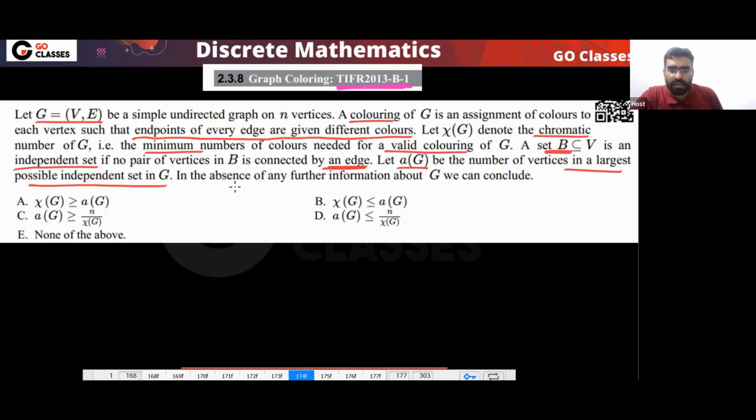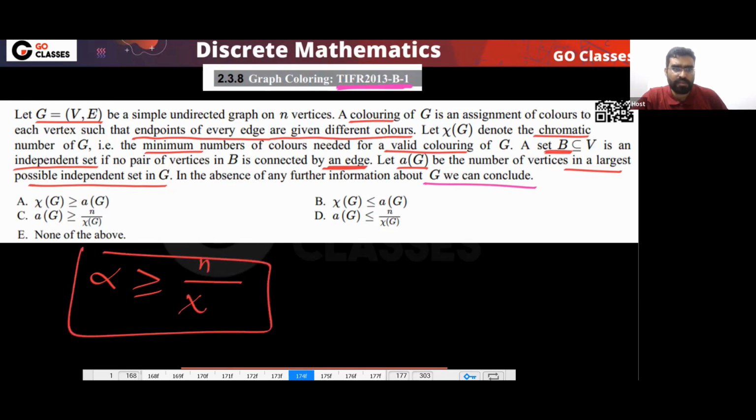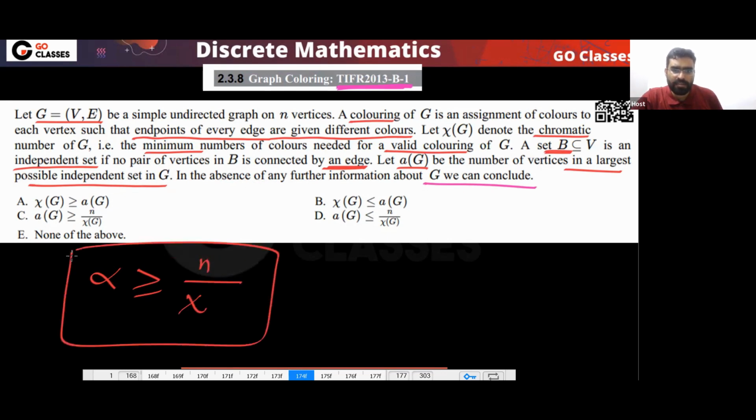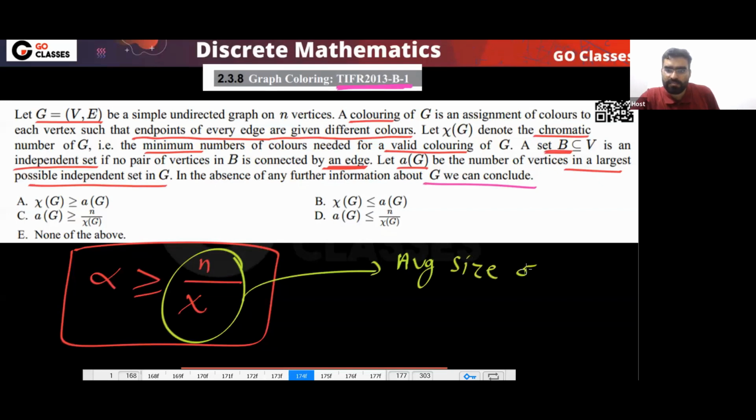Okay, anyway. So tell me now, what can you say? You have the independence number. What we know is that alpha is bigger than or equal to n divided by the chromatic number. This we have already seen. And what is this? This is the average